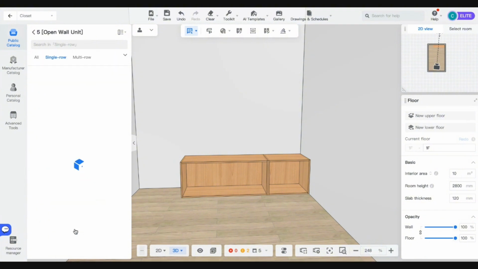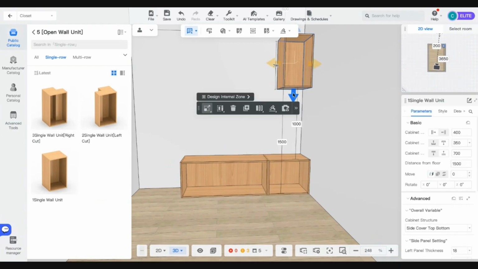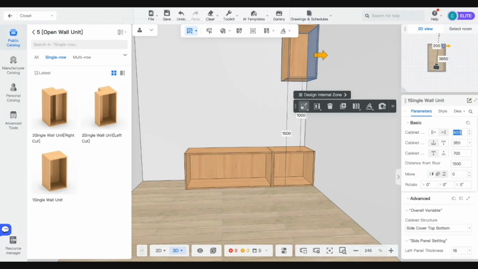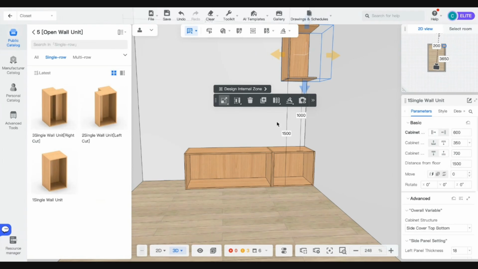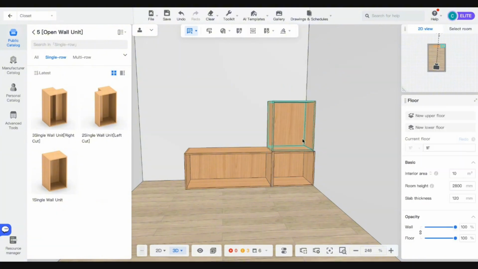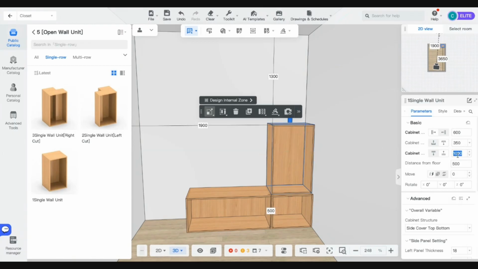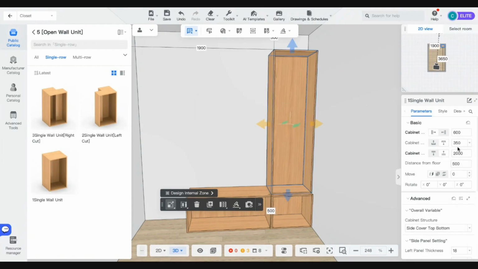for a wall unit. Select over here, and you can set up the same setup like 600, for example, and then you can click P like this one, and then set up the height, for example, will be 1 meter. No, 2 meters, for example. How much? Wait, 1.8. Yeah. And then another one,